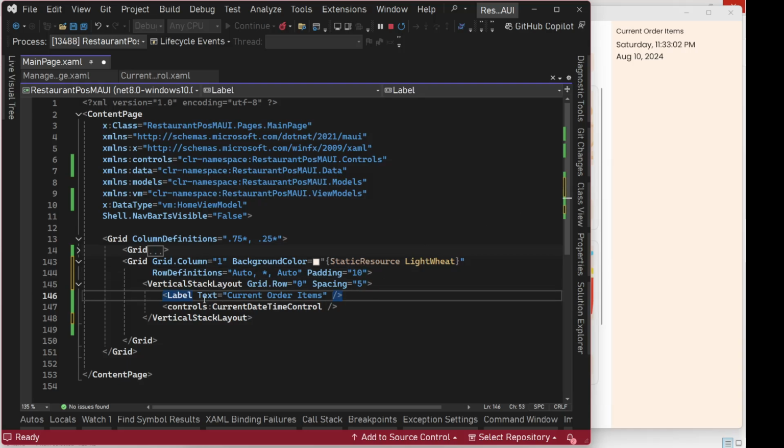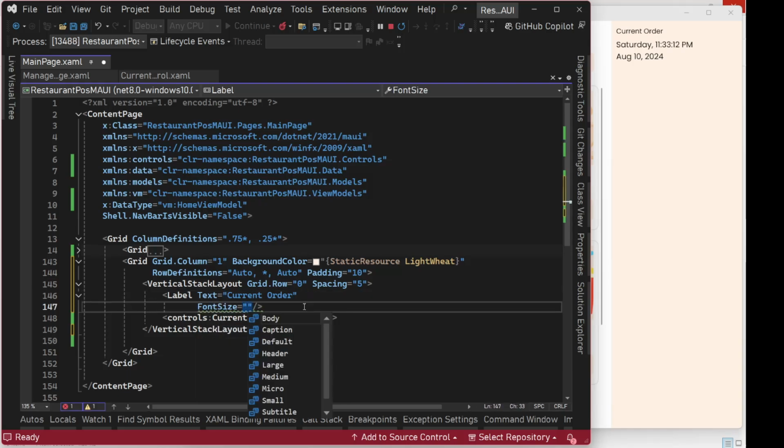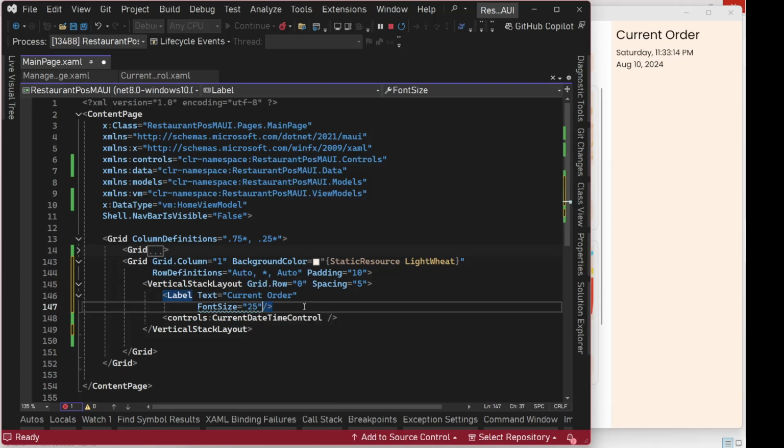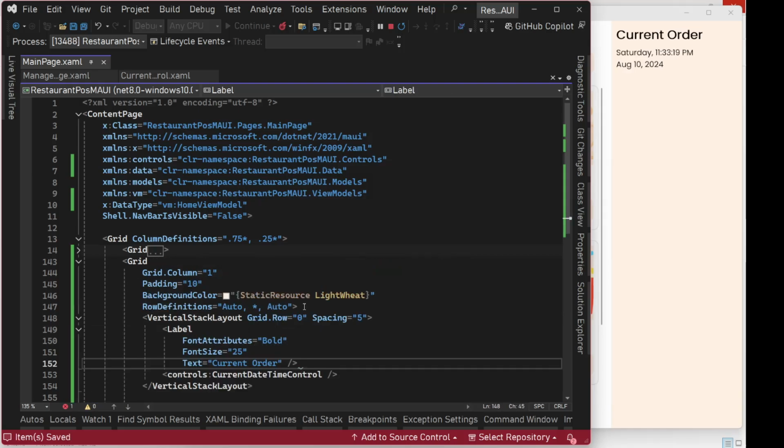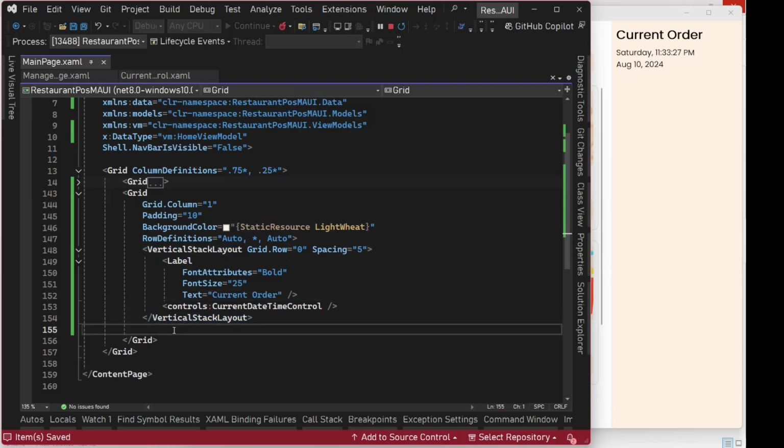Okay. And then this first label, current order items, let's say current order, and let's have a bigger font size, let's say 25, and font attributes as bold. Save it, and we are good. Current order, and then this date and time, and after this is the vertical stack layout, the first one. After this, we are going to have the collection view for cart items,